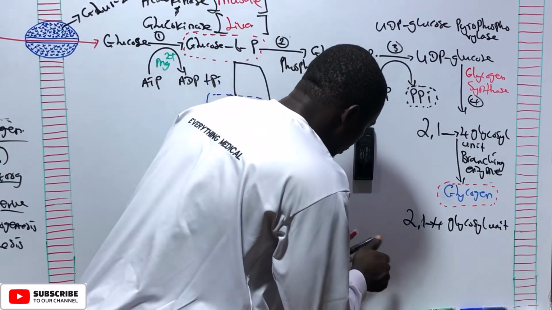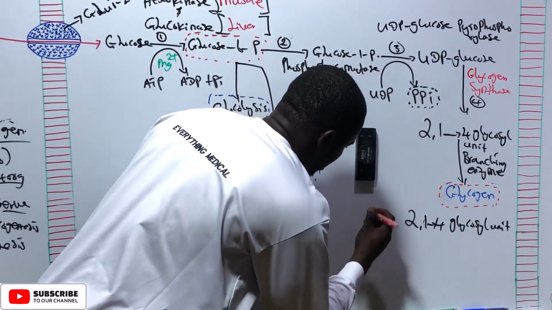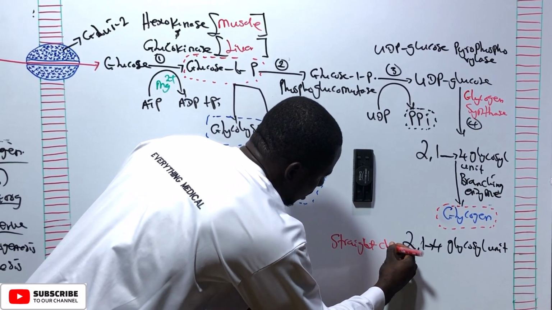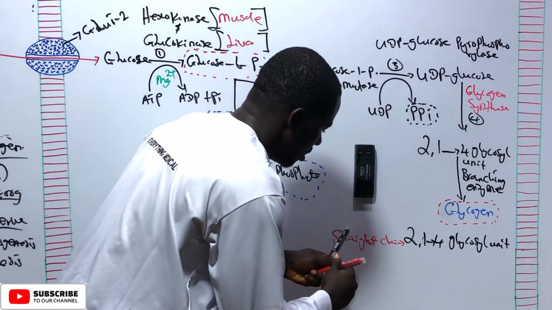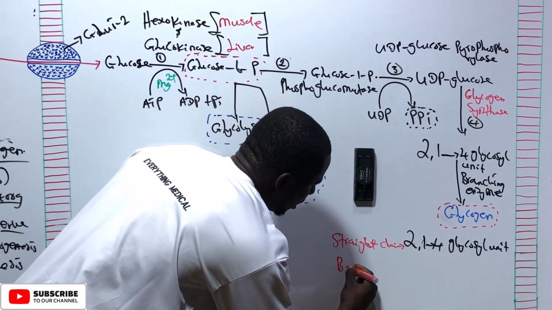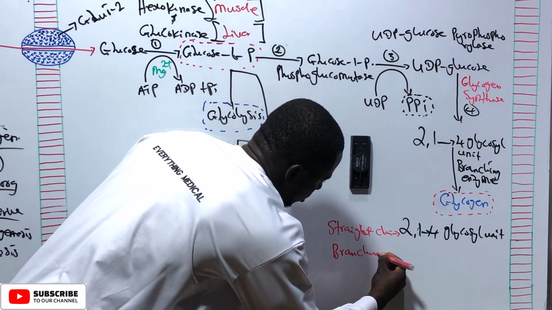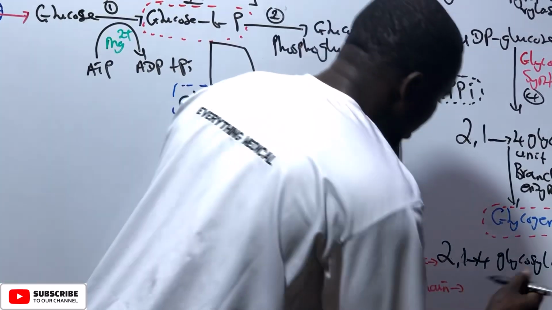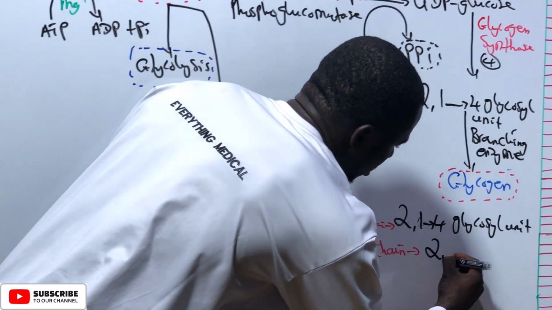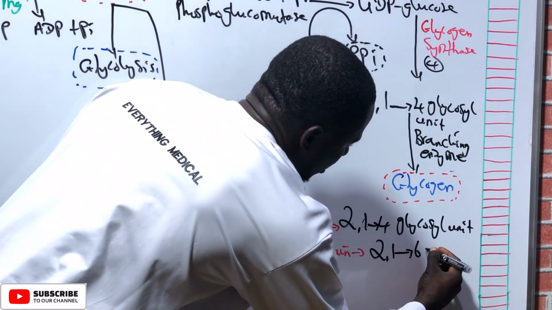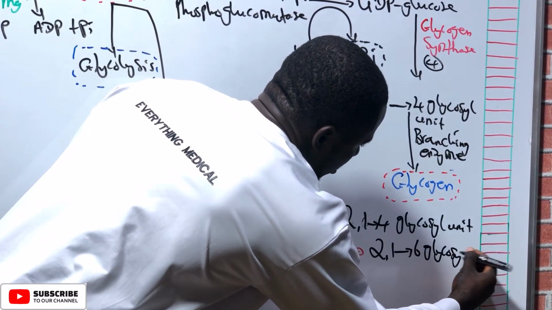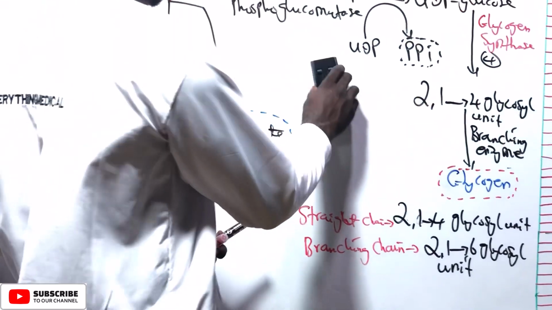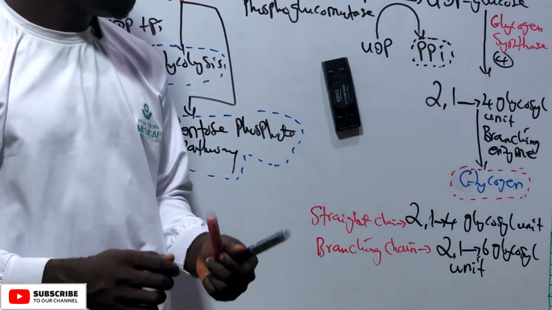That is the straight chain. Then we have the branching chain, which is alpha 1,6 glycosyl units, because it is a profound carbohydrate, that is a